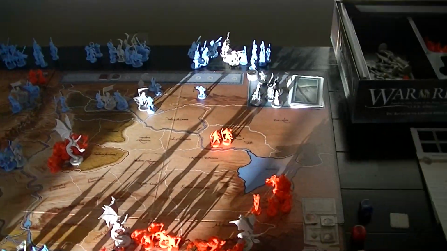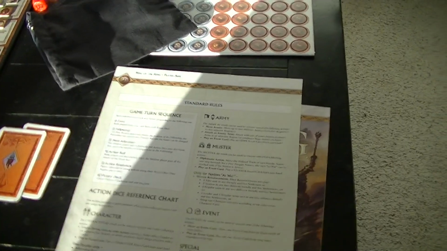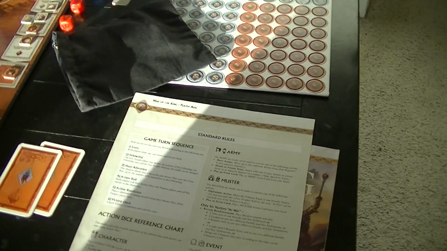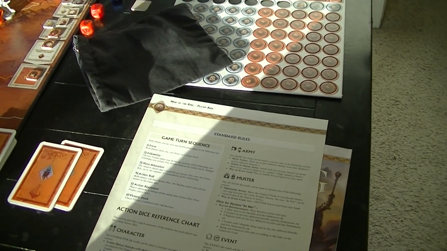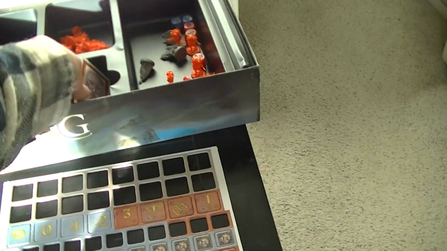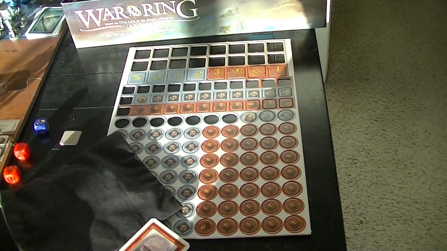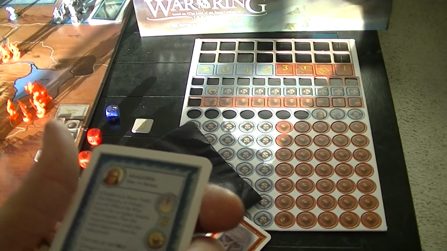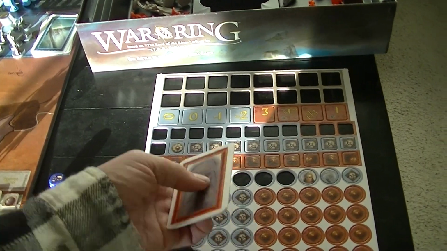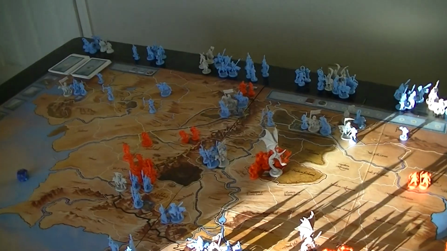So I moved. Now I have the option card for the good player, The Will of the West. And I can use this as any other die roll chosen by the Free Peoples player. Well, what's the Isildur bonus? Did I screw up with this? Was I able to make him? No. So it's not just reforging the sword. Well,